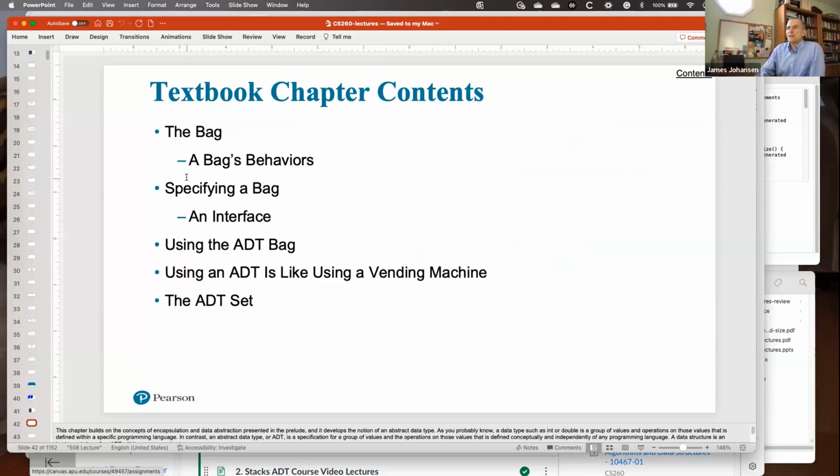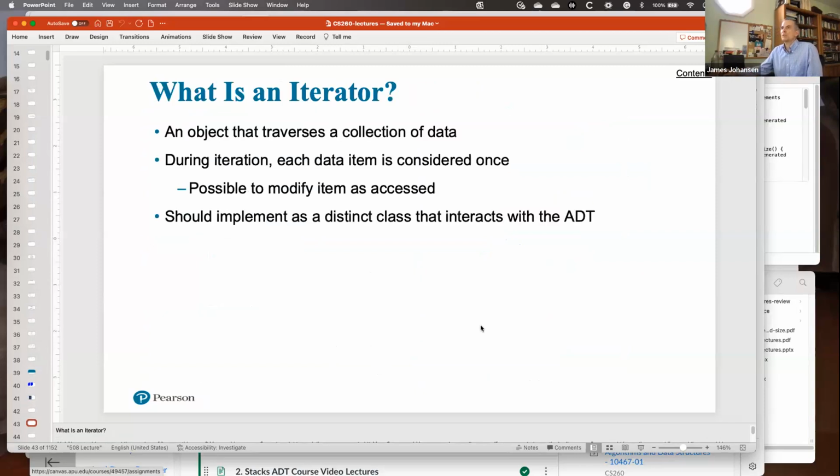So we specify the bag with an interface. We talked about the bag's behavior, walking it from just writing in words, putting it in a CRC, putting it in UML, creating the code stubs that you would be using, and all of that are the things that we're trying to capture.